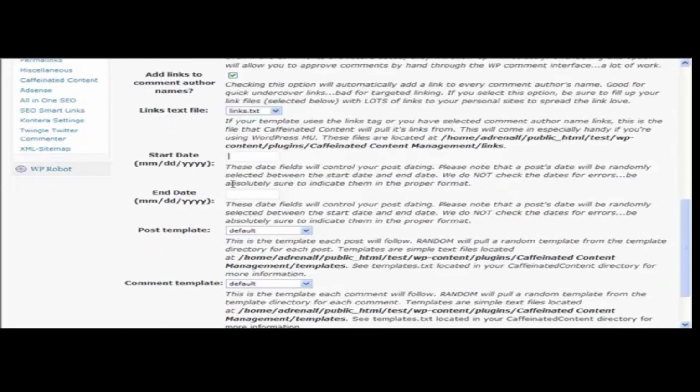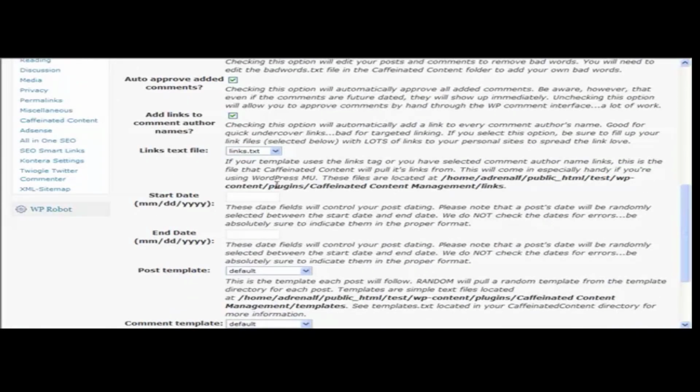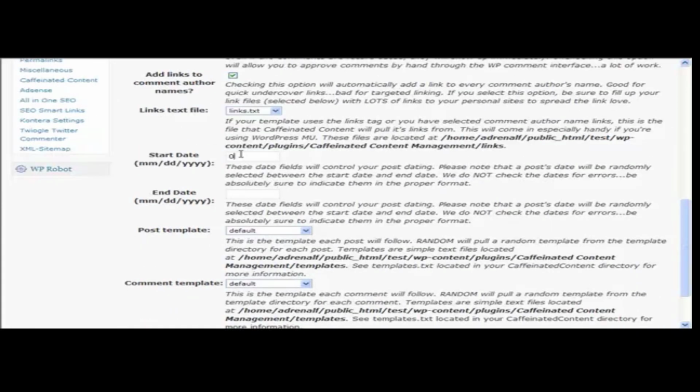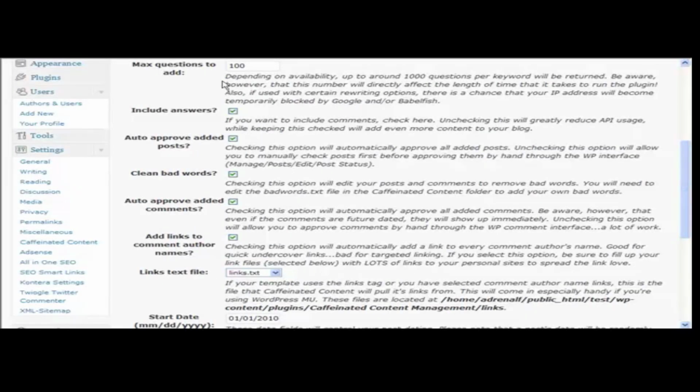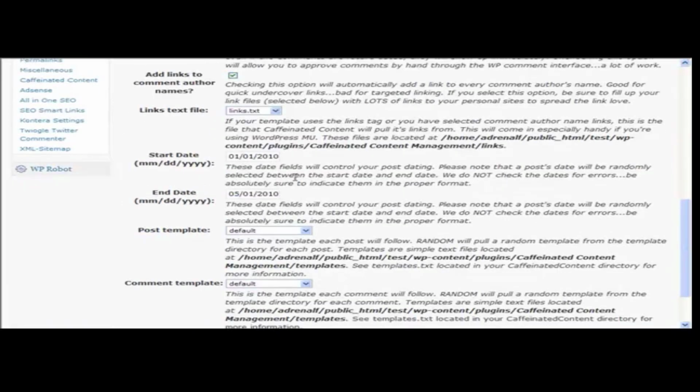Now this is where you can put start and end date. So, you know, I might put, let's put this at 150. Let's put this as 100. Okay, a start date would be January the 1st 2000 and 10. And let's put our finish date as May the 1st 2010. And what that will do is it will spread these 100 questions over that time, so it will randomize them